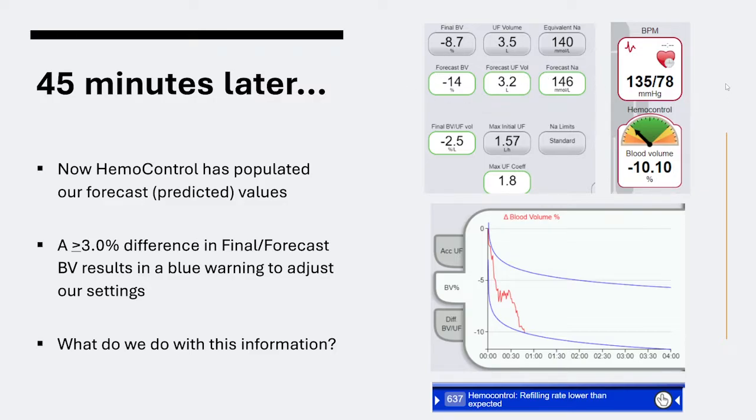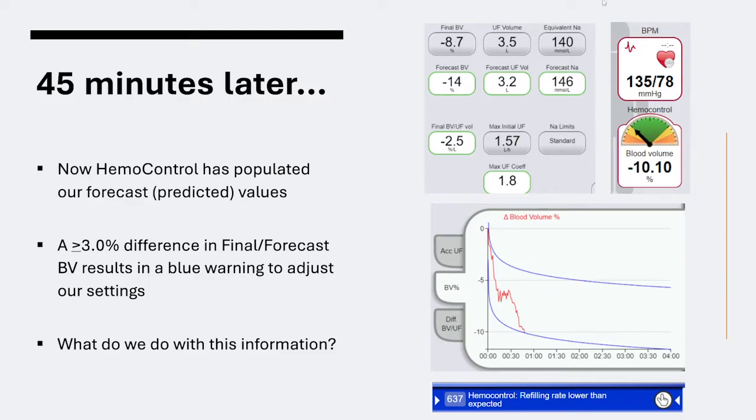And in a second, I am actually going to be going through the HemoControl simulator so we can go through it in real time and look at the adjustments that are recommended by Baxter. But for now, we're just going to look at some examples that I put together. All right, so we're just going to take a second to talk our way through what we're seeing